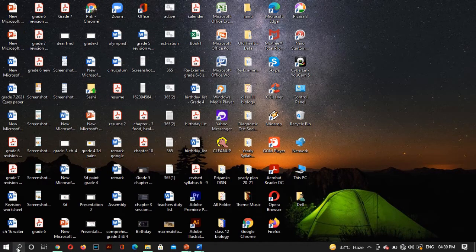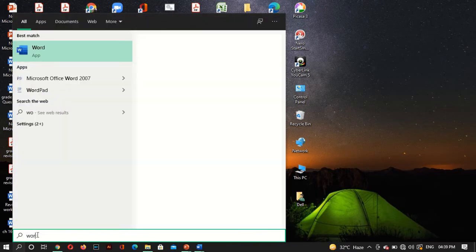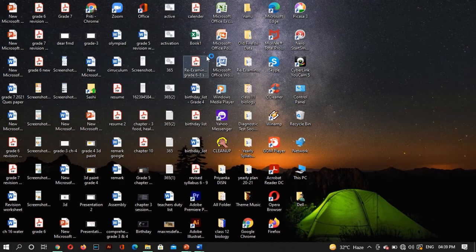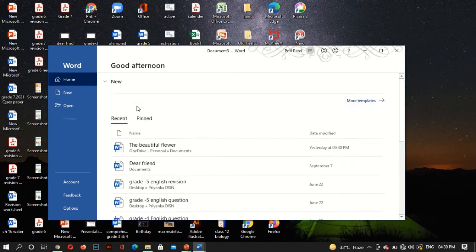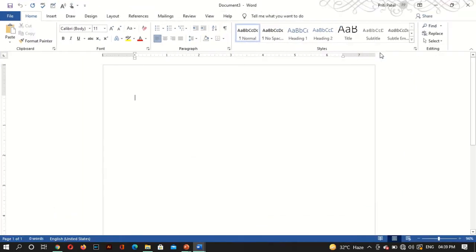You can click on that, write Word, then click on the Word app, blank document.